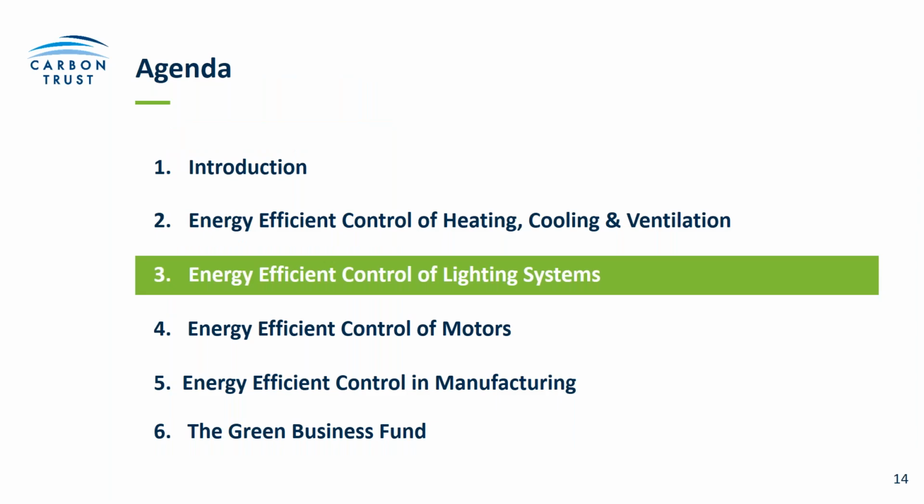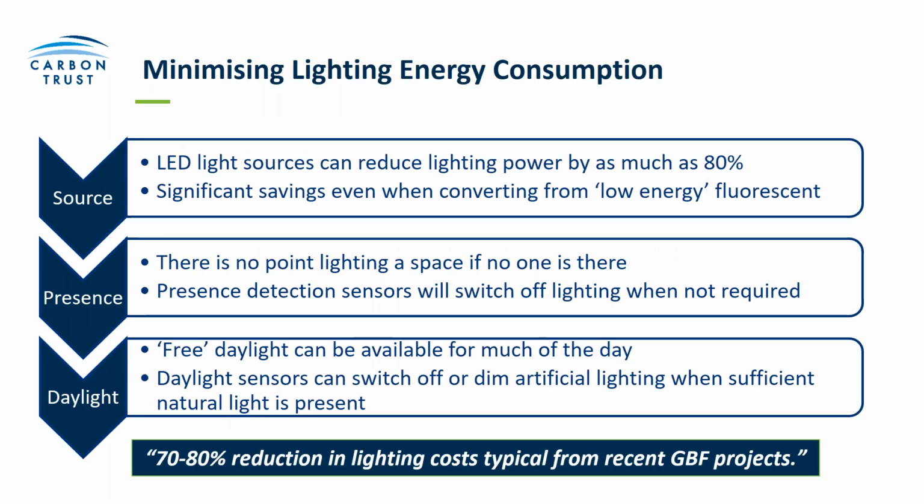Okay, so the next area of control we're going to look at is on lighting systems. So we've talked in our other webinar on lighting about the ability of LED light sources to reduce lighting power by as much as 80%. So obviously that's a good starting point for most companies to go from older technology such as fluorescent, metal halide or incandescent solutions to LED. The step change in technology there will give you good savings, as say in around 80% is achievable, with most systems achieving